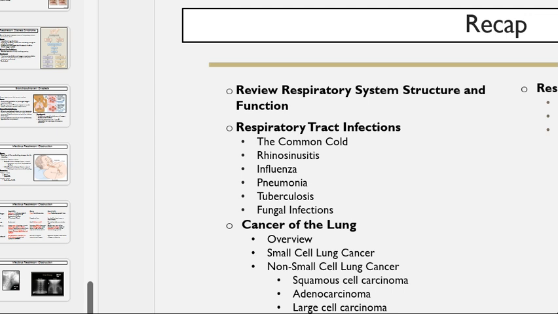Any questions about lungs? So it's two big ones here, right? Lung cancer, know the difference between small cell and large and non-small cell, and then know all those infections, right? All right, and so let me